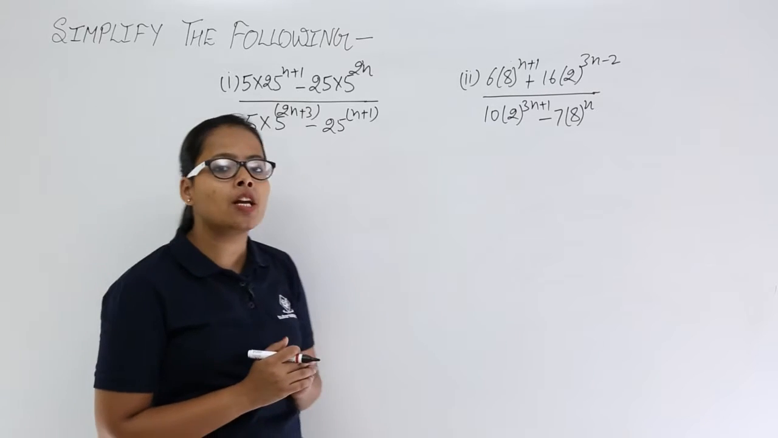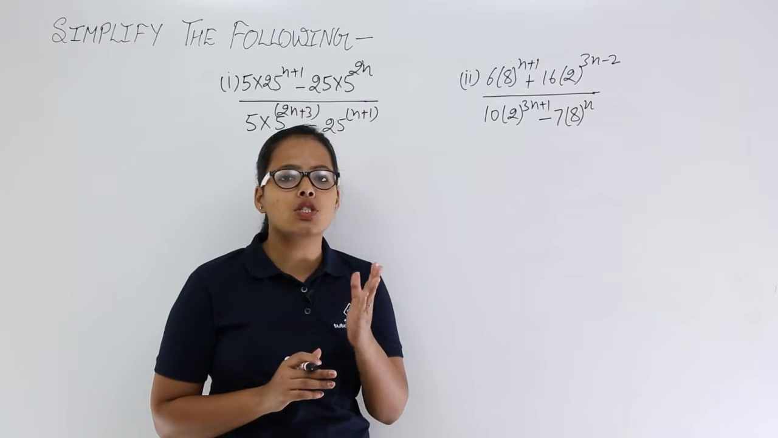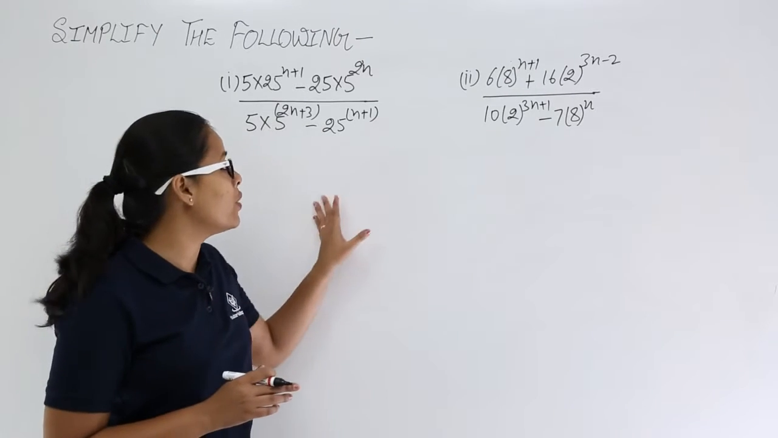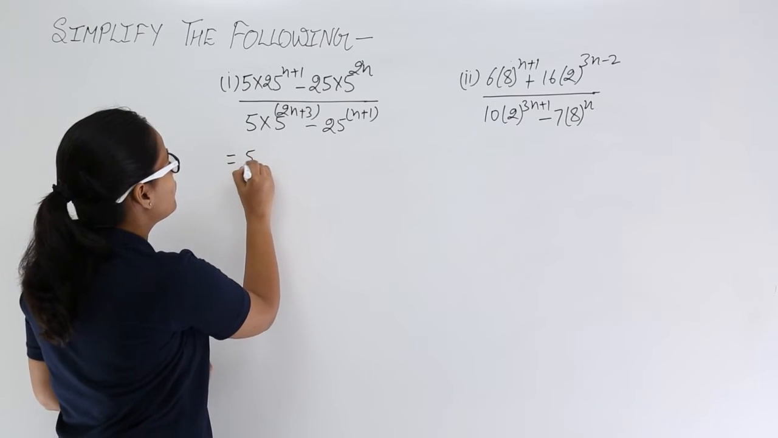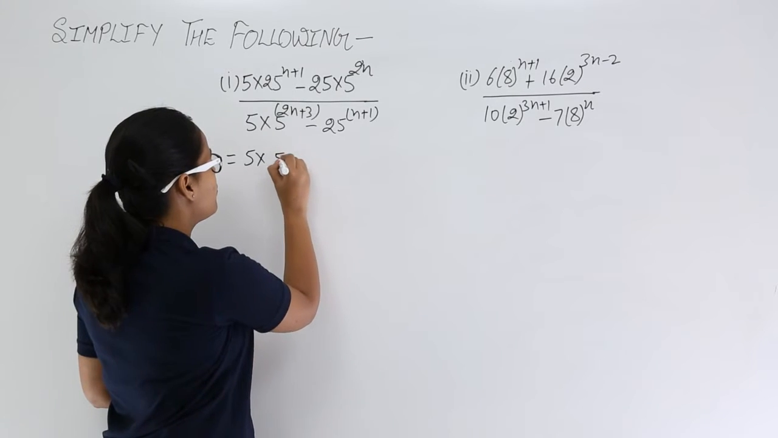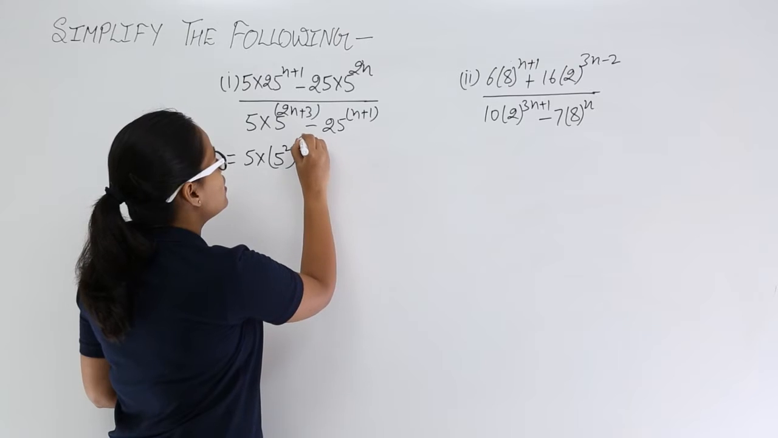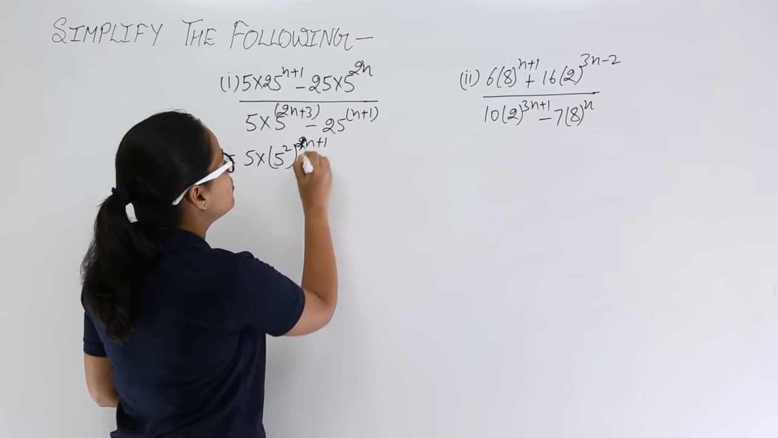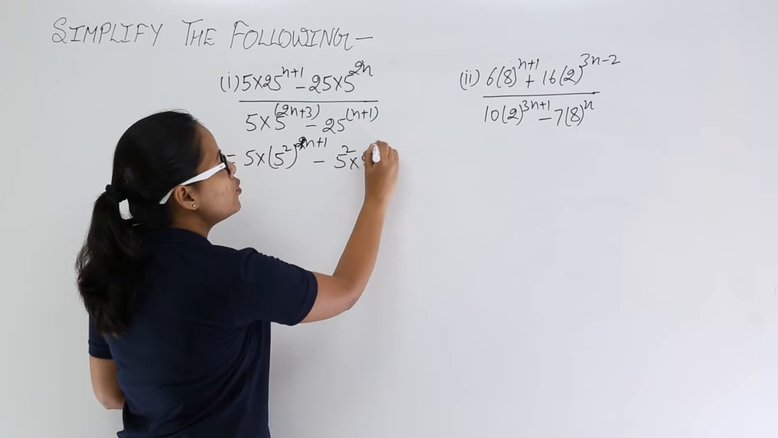Now here you can see the combination of 5 and 25. So what you will do, you will change 25 into 5 so that you can easily solve the expression. Now let's start doing that. You can write 25 as 5 square, whole raised to power n plus 1, minus 5 square into 5 raised to 2n,